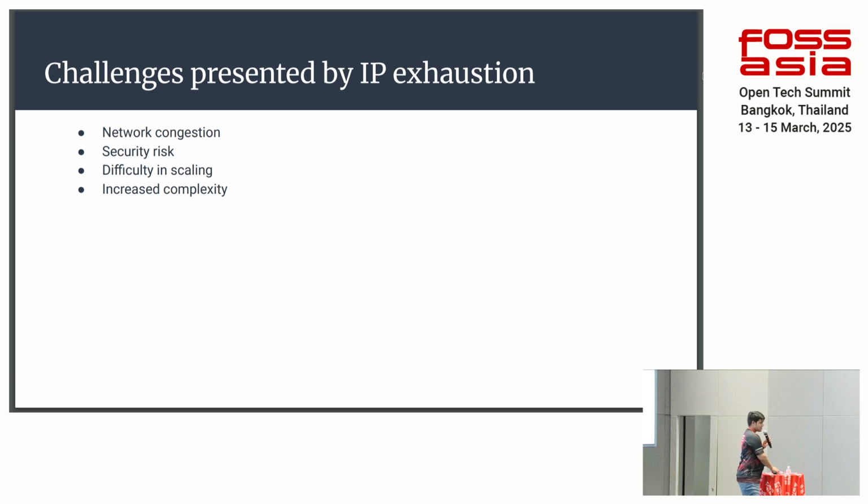Now, there are some challenges posed by IP exhaustion. Back in the 1980s, when we came up with the concept of IPv4, we divided the 4 octets into 8 bits each, 32 bits, and that gave us about 4.3 billion IPs. In the 1980s, it seemed that that many IPs would be sufficient, but in the next 10-15 years, it was very clear they would not be, because around 1995 we understood one important factor,